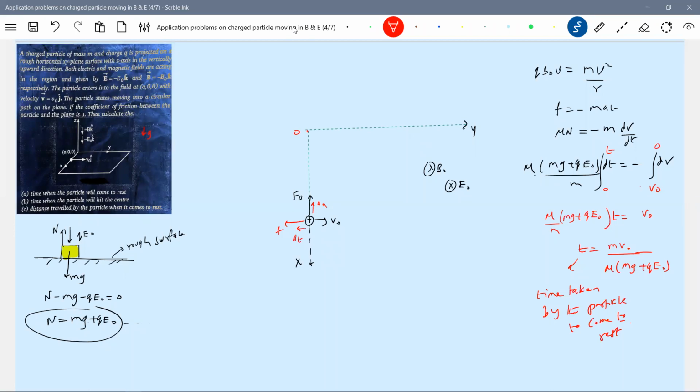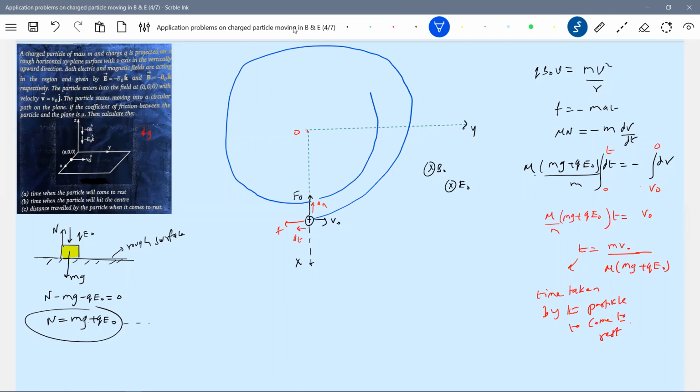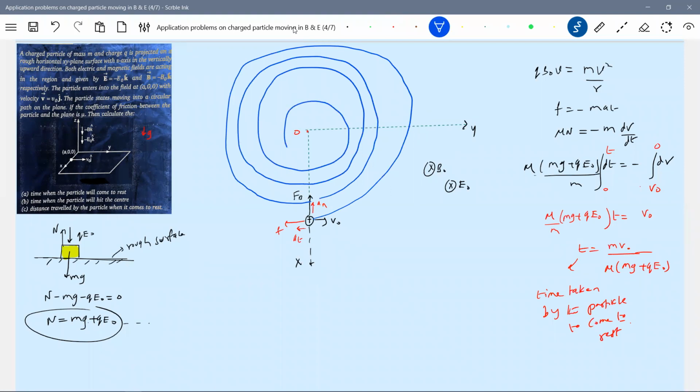Yes, sir, can you show us the path? Yes, the path is what I'm going to bring here. All of you make an observation. It is going to be a plane spiral. Now, what is the question? What you can ask is, sir, how come you say that it will come to rest at the origin only? That's the primary question everyone should ask here.